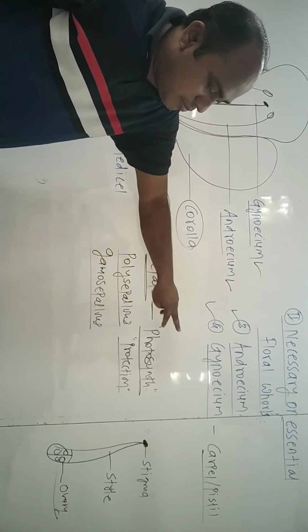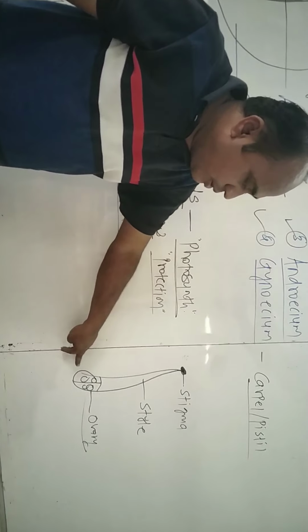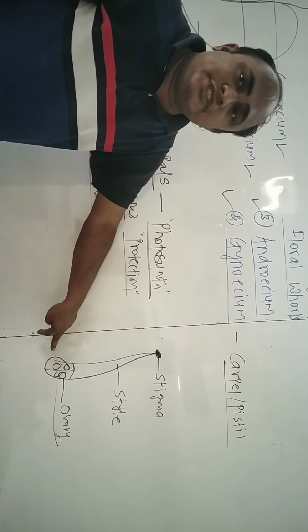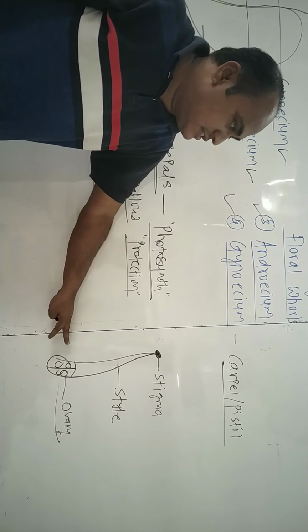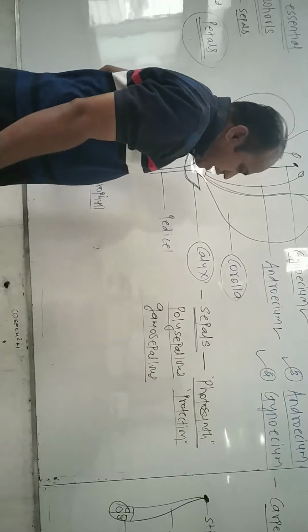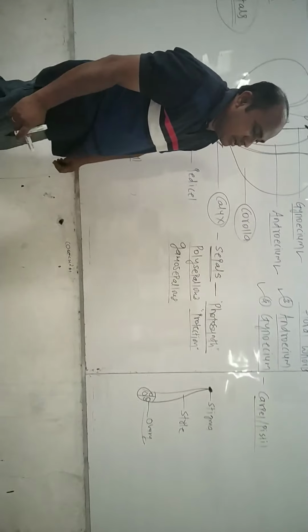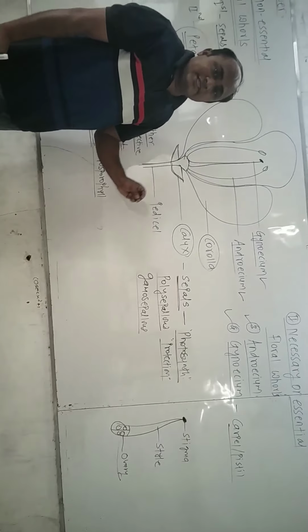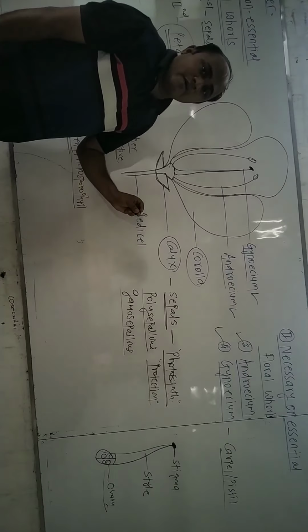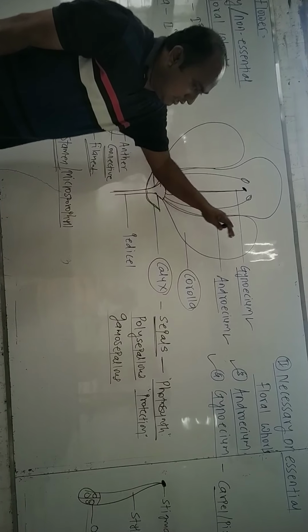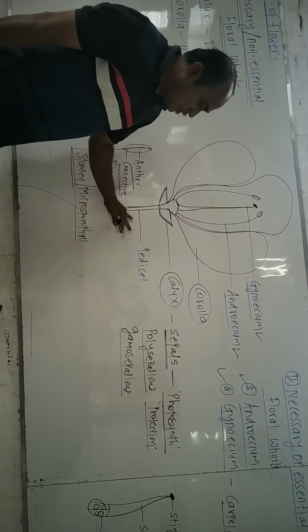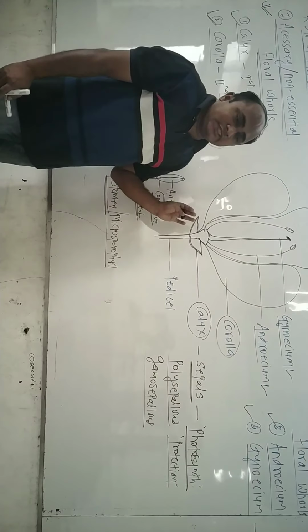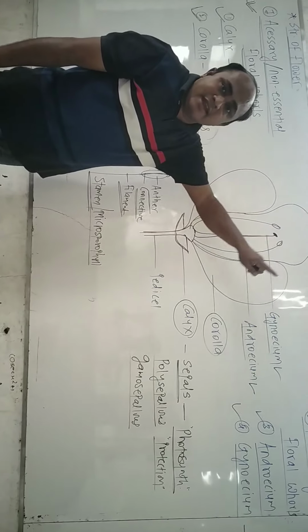The carpel or pistil in the ovary produces the ovule, which is called the female gamete. In this way, the male gametes and female gametes are formed here, which help in sexual reproduction in a flowering plant. So that is all about the structure of a typical flower, which has two parts, accessory and necessary.